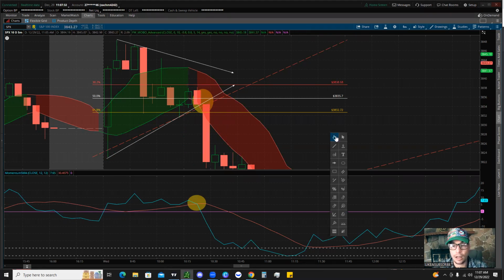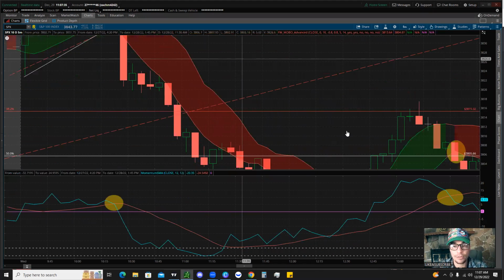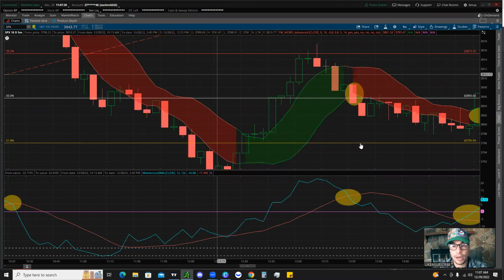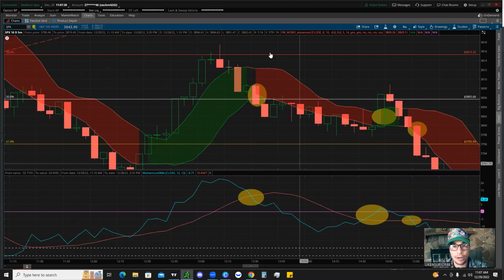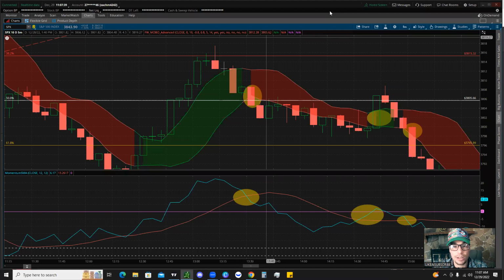Now, if we look at another example, we'll go ahead and fast forward a little bit on the chart to another entry that I took. And right here, okay, we have a very similar setup. What do we see happening? We see the candle is starting to trade below now. We're trading below our red bands. We have the momentum indicator crossing below the momentum SMA, and you can see we get a nice push down. And again, these are 5-minute candles. So right here, we have 5 minutes of bearishness heading straight down, and you can scalp those profits right away,